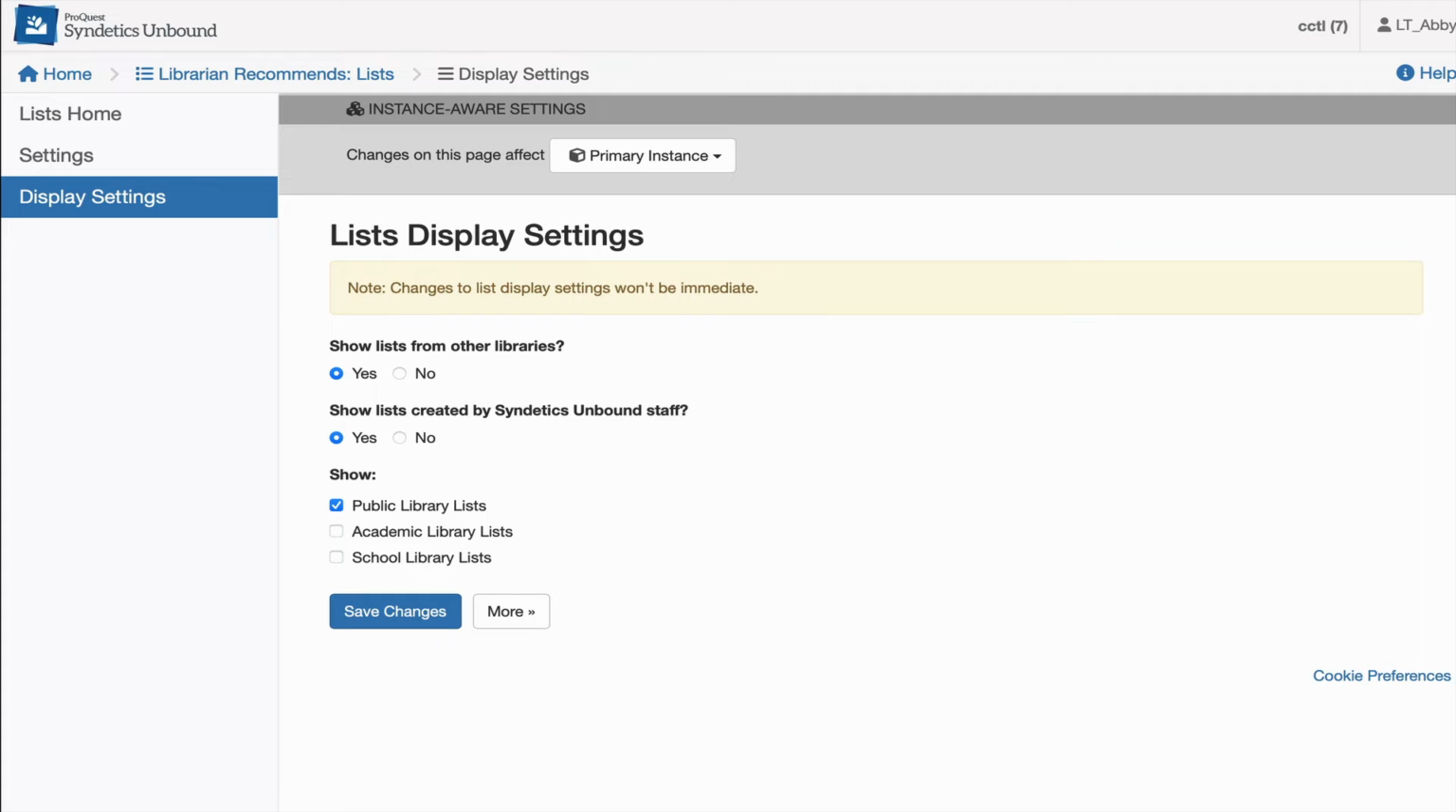We also have lists that are hand curated by our team of librarians, and that includes various topic and genre guides, recommendations, and more. And you can limit the external sites you've chosen above by type. So you might choose to show lists from other libraries and from Syndetics Unbound staff, but only those designated as